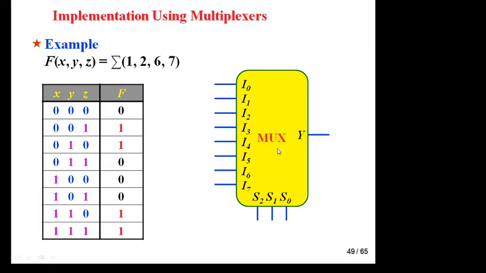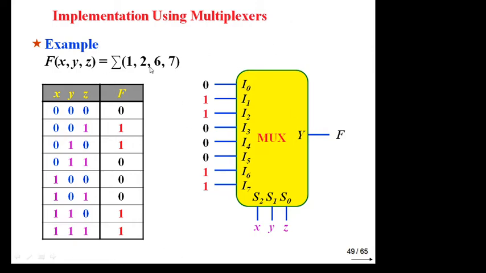Now suppose you have to implement minterms 1 2 6 7 by using an 8:1 mux. In an 8:1 mux, the select lines will be 3, since 2 to the power 3 is 8 inputs, and 1 output. Now connect 1 2 6 7 to plus 5 volt, or you can say 1, and the remaining are connected to ground. Those given as minterms are connected to 1, and the rest all 0: 0 1 1 0 0 0 1 1.